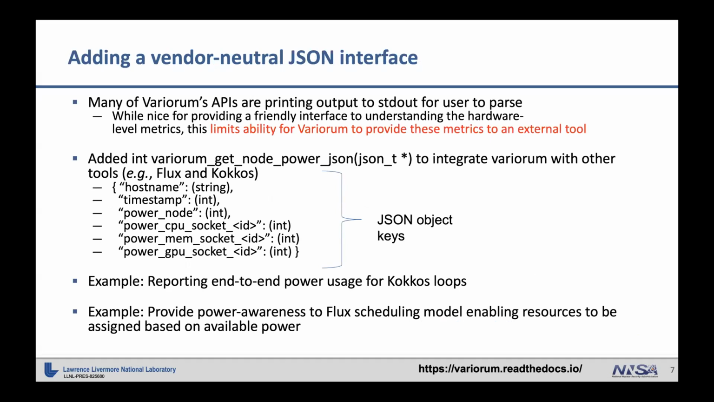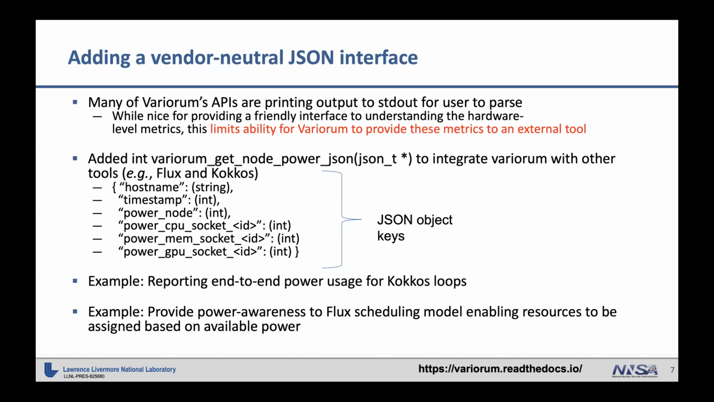So one of the things that you might have noticed from the system architecture figure is that many of Variorum's APIs are for printing information out to standard out, or in some way that the user can parse and make nice figures on what the power usage is or what the energy consumption is. And so while this was a nice interface to understand the hardware level metrics and get a sense of how tuning different knobs impact those metrics, this really limited Variorum's ability to send these metrics along to another